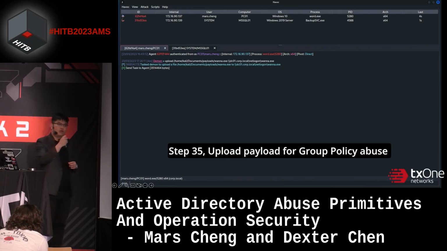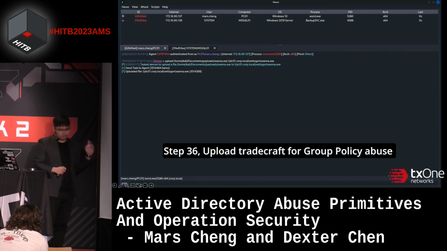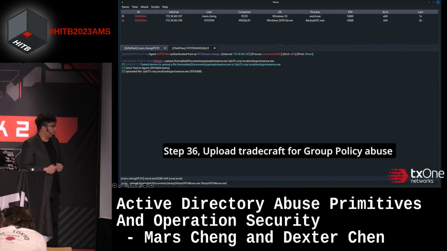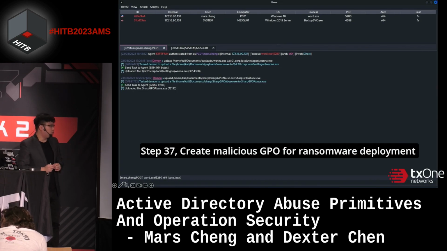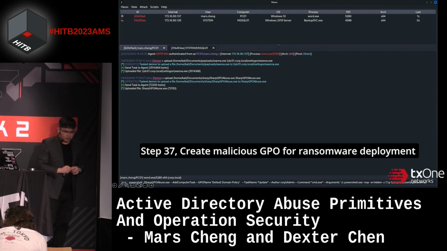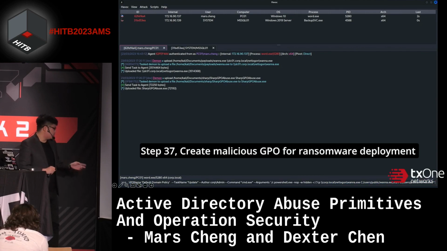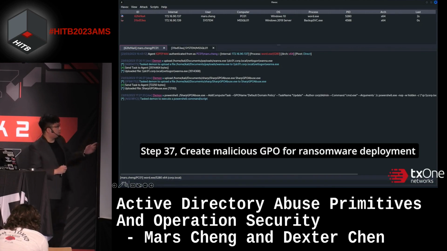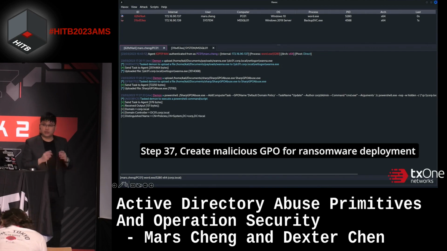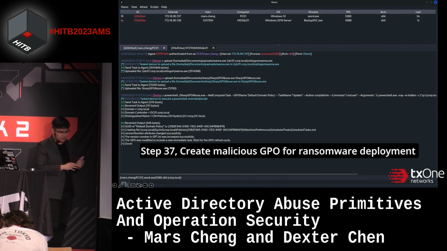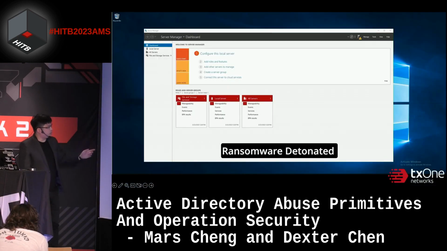We want to ransom this entire domain, so we run this operation here. So we upload some group policy, and we upload some ransomware to the NETLOGON folder, and create a malicious group policy for ransomware deployment. We use some tool from GitHub, and also add the computer task to deploy ransomware automatically. So we just make sure this group policy will smoothly execute,